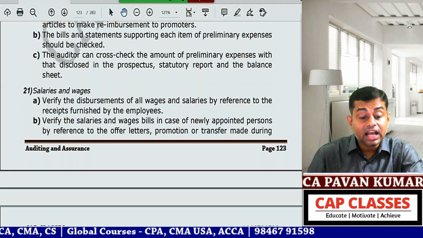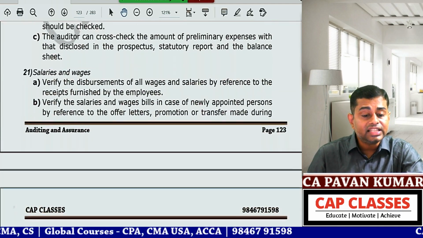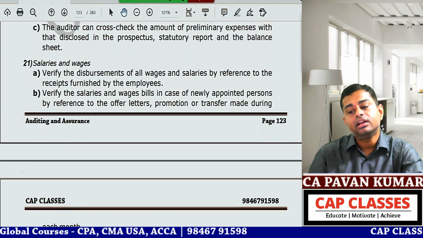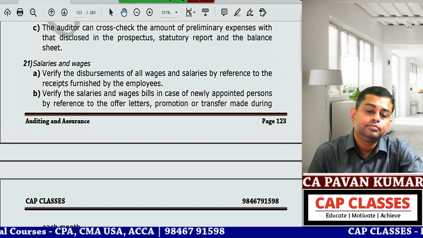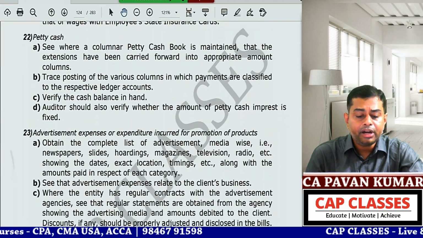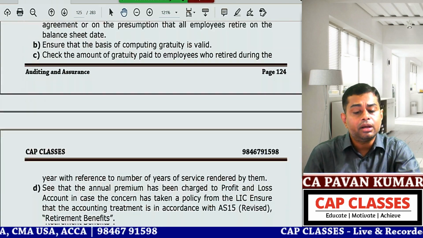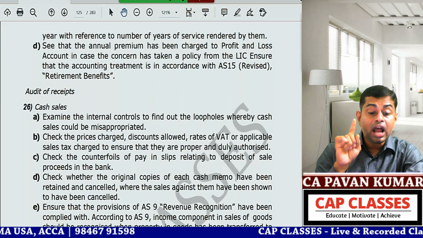Okay, now salaries and wages. This is very important. See, for salaries and wages I have given you 4 points. You open the ICI study material, you will read 200 points. Salaries, important. Petty cash, advertisement expenses, payment of dividends, this is important. Retirement gratuity to employees. So, if you have enough time,